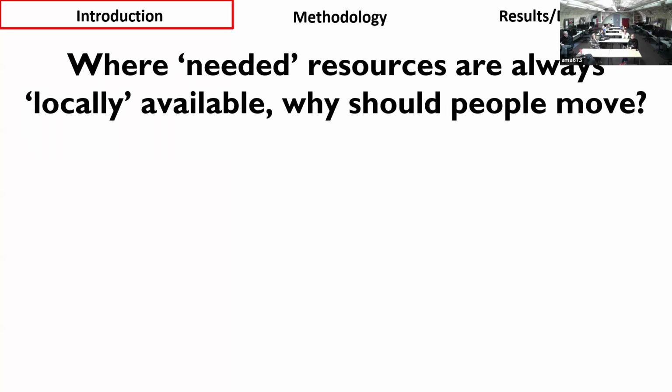And some people have said, okay, maybe I might say, well, I'm in this room, I have everything I need, but maybe this computer that I'm using, I don't like it anymore. I just want to get another computer so I can try to go elsewhere. So the assumption is that where the needed resources are, people normally do not move. That's not really true anyway, but just bear that in mind as I continue.